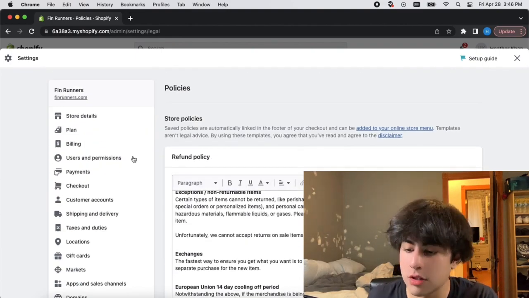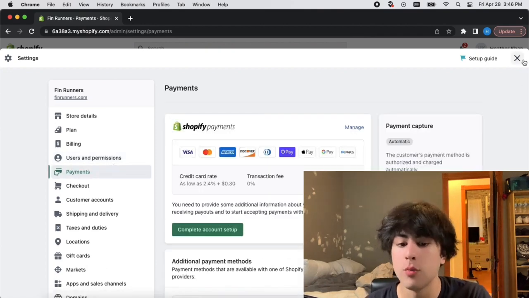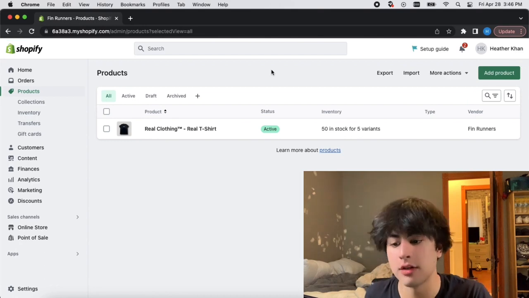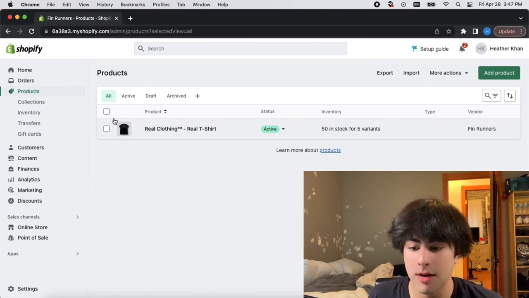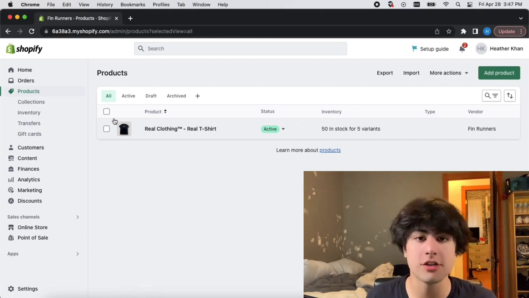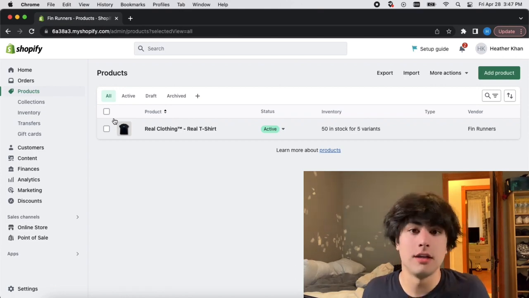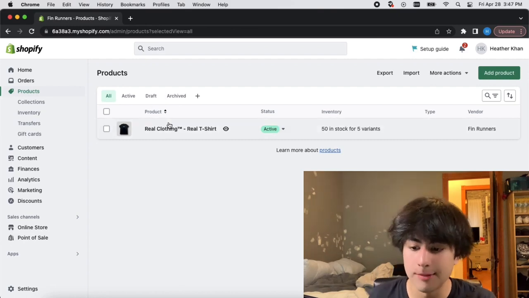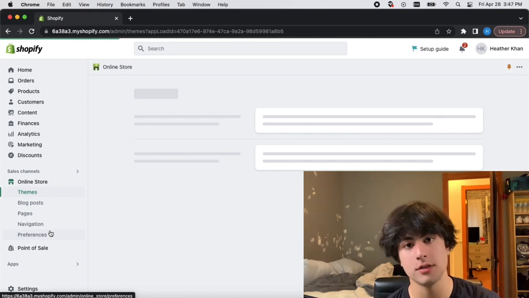Okay, so once you do that, and once you get your payments and all the back end stuff set up, we actually have to go ahead and, of course, use our website. And I'm going to be completely honest with you guys. If you want to use my template, that is completely fine with me. I will even send you a link to it if you DM me on Instagram, message me on Twitter, or just drop a comment down below, and I could even email it to you if you really want to. But anyways, this is what a base template of a Shopify dropshipping